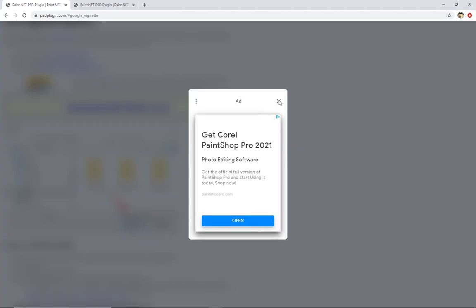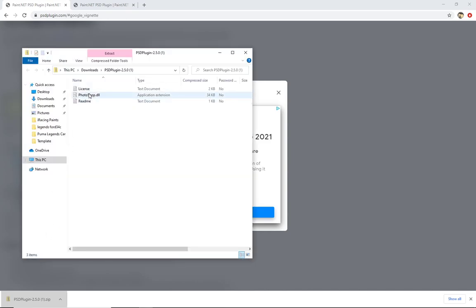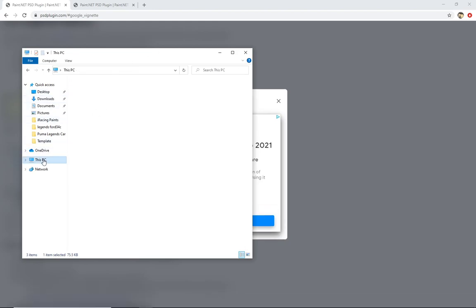and you're going to have to deal with an ad here. Usually I just cancel out of these things when I can. You're going to see that the downloads come down here in the lower left hand corner. It's a .zip file. So you would open that .zip file. You're going to take this Photoshop DLL. You're going to right click and copy it. And then you're going to go to this PC,